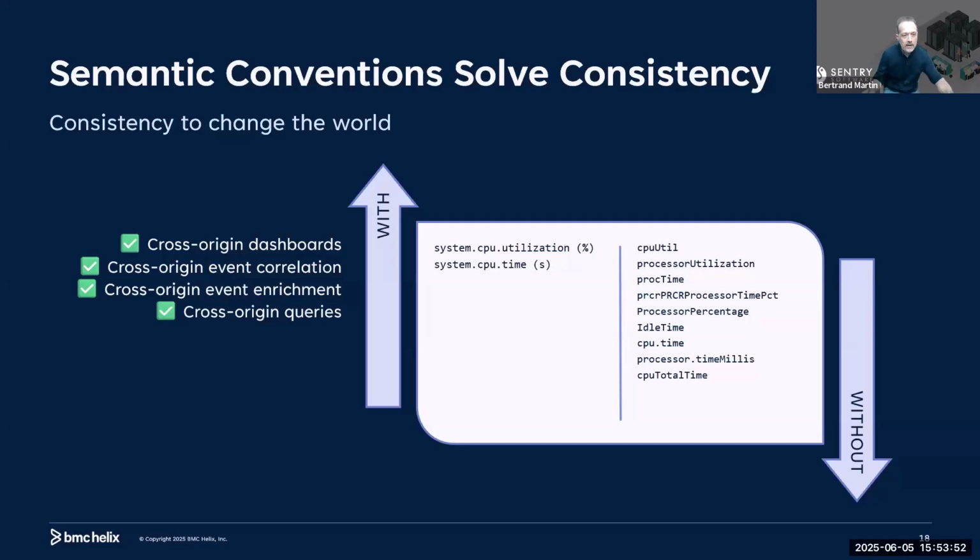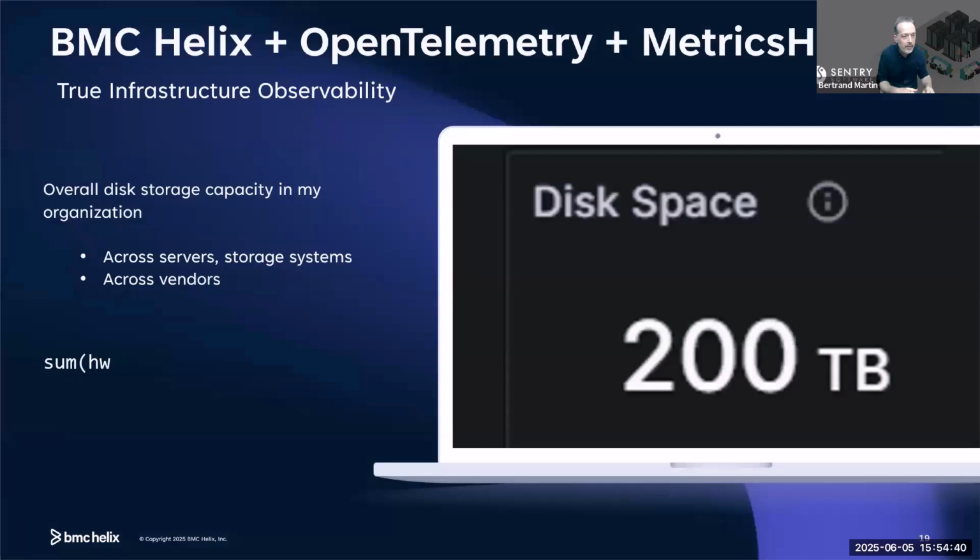Because before, everybody came up with their own variation of the term CPU utilization. CPU util, processor utilization, proc time, processor time, processor percentage, idle time, CPU idle time, whatever. So when you want to aggregate data, when you want to correlate data, well, it's impossible, even for something as basic as processor utilization. Now it's different. When you use OpenTelemetry in the OpenTelemetry collector or Metrics Hub, for example, the metrics are standardized. It's system utilization for Windows, for Linux, whatever. Temperature, it's temperature everywhere. It's the same parameter,